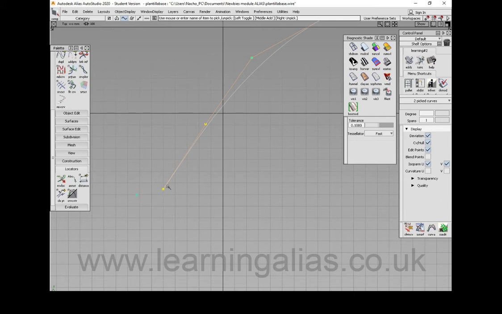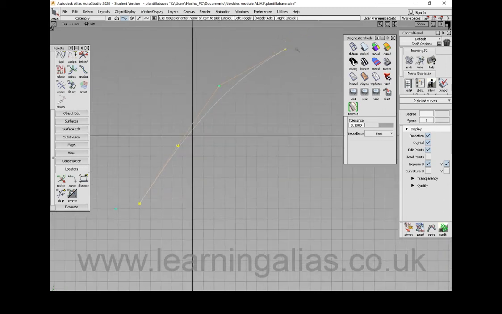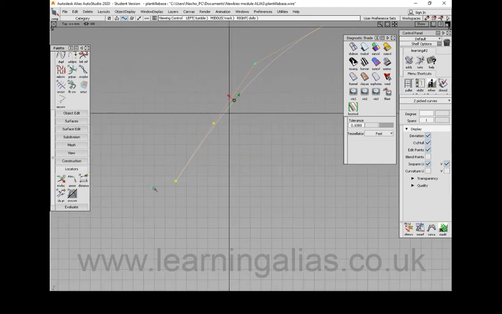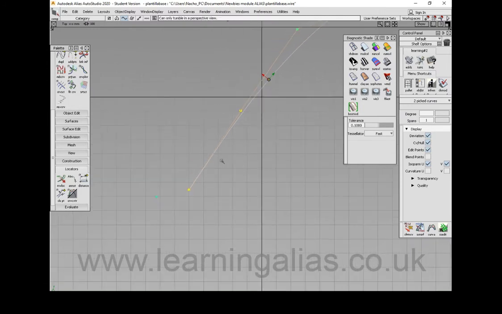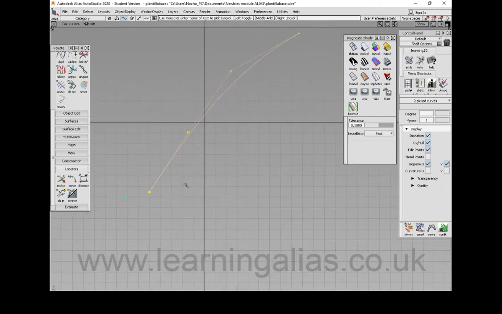Now usually this point starts in a CV, but I think I just moved it in a previous video, so now it's here. It can be anywhere. If I pick my shift control marquee menu with the middle mouse button, here I can move the pivot. So if I pick this option